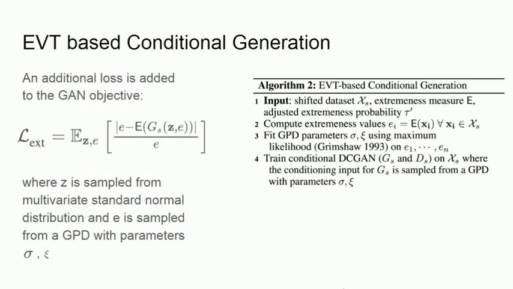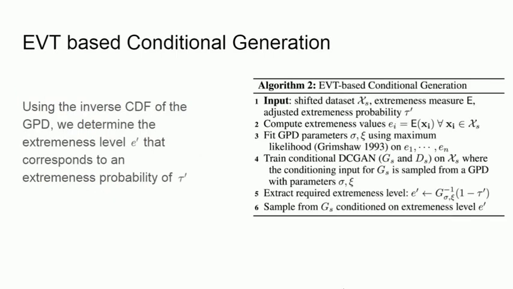We also add an additional loss to the GAN objective as shown in the slide. This helps reinforce the conditional generation probability and prevents the generation of samples with unrelated extremeness. Finally, we use the inverse CDF of the GPD to determine an extremeness level E prime corresponding to the adjusted extremeness probability tau prime. Then we sample from the generator